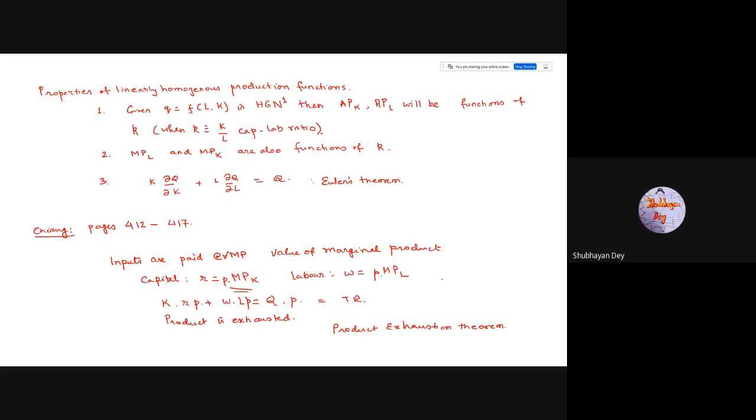স্যার এই জায়গাটা বুঝলাম না। Inputs are paid at their marginal productivity. Value of marginal product. মানে ধরো তোমার মার্জিনাল প্রোডাক্ট যদি 5 হয়, এটা তো কোয়ান্টিটি টার্মসে হচ্ছে, তুমি প্রাইস টার্মসে ভ্যালু টার্মসে কিভাবে নিয়ে আসবে? প্রাইস দিয়ে মাল্টিপ্লাই করে। ঠিক আছে, তাহলে P ইনটু MPK। আচ্ছা, এবার সাপোজ আই এম আ ওয়ার্কার, আমার মার্জিনাল প্রোডাক্ট হচ্ছে MPL, ভ্যালু টার্মসে ইটস P ইনটু MPL।